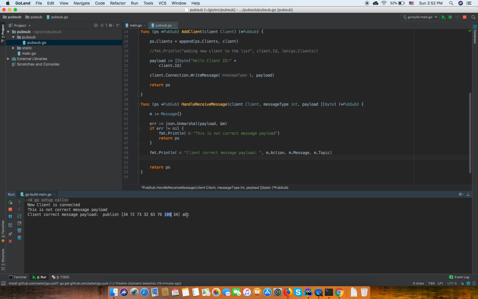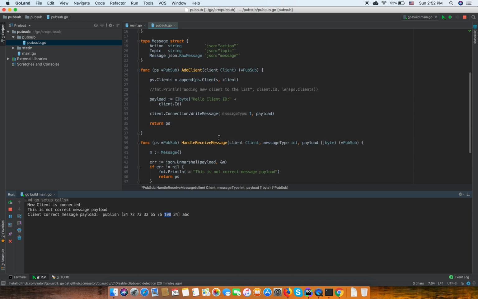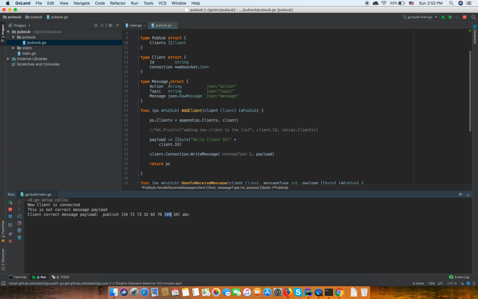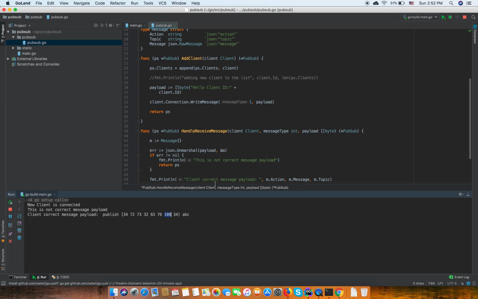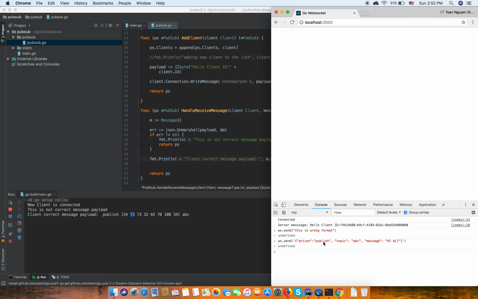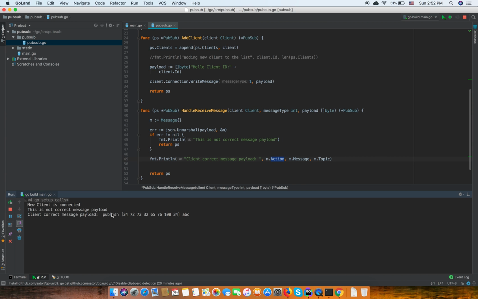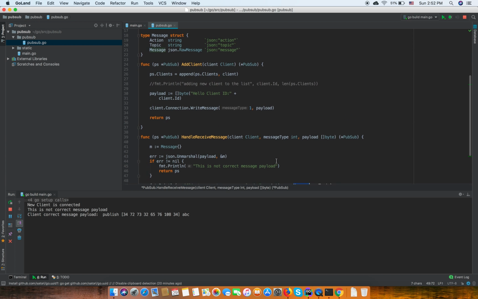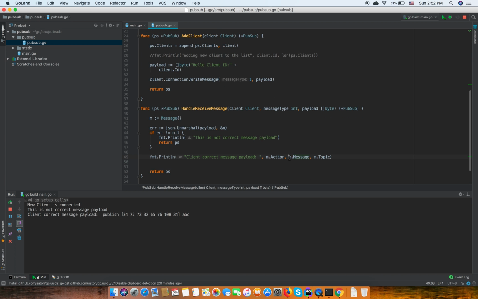Now again you should see client correct methods payloads public dot action, right, action string and methods and topic ABC. So the problem is why we don't have any action. Okay, right, action is public and the methods is right. Cool. So if you want to get it in string methods,